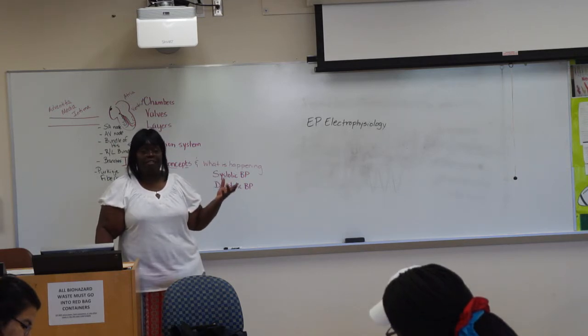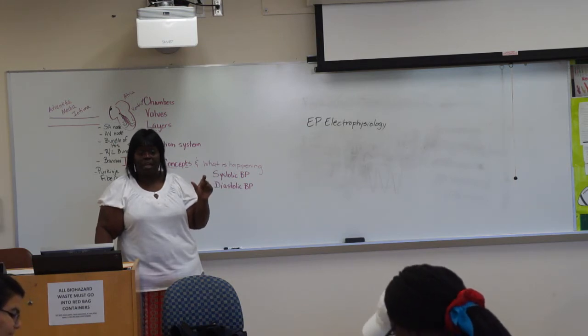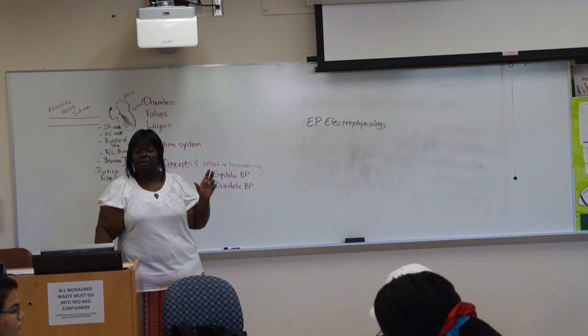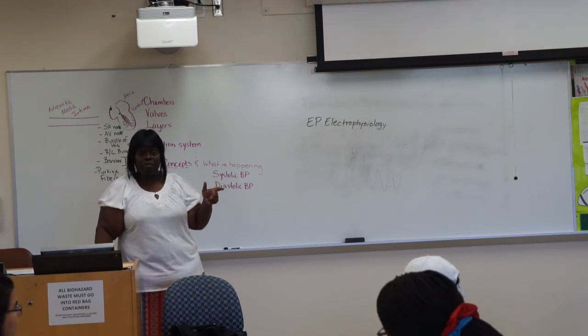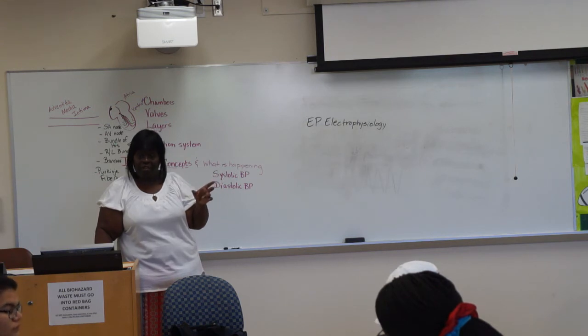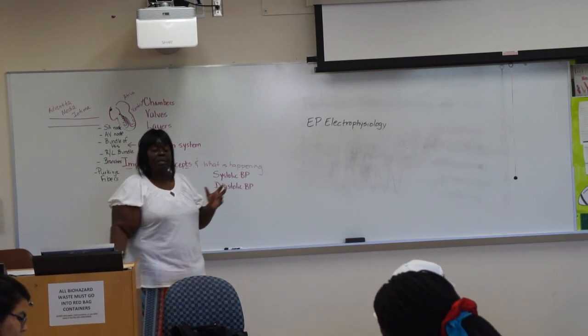If you have a person that has VTAC and they're different looking, because that's the one thing that tells you, when a person has an area in the heart that is the problem, the arrhythmias look the same. So when you hear people saying, oh, I have a multifocal PVC, that's telling you they're coming from more than one place. The more odd they look, or however many different ones you see. So if I only see one, that's bad. But if I see 4 or 5 different looking PVCs, that tells you the whole heart is irritable. That's a bad thing. So you've got to get rid of those things that are happening in your patient. But the electrophysiologist